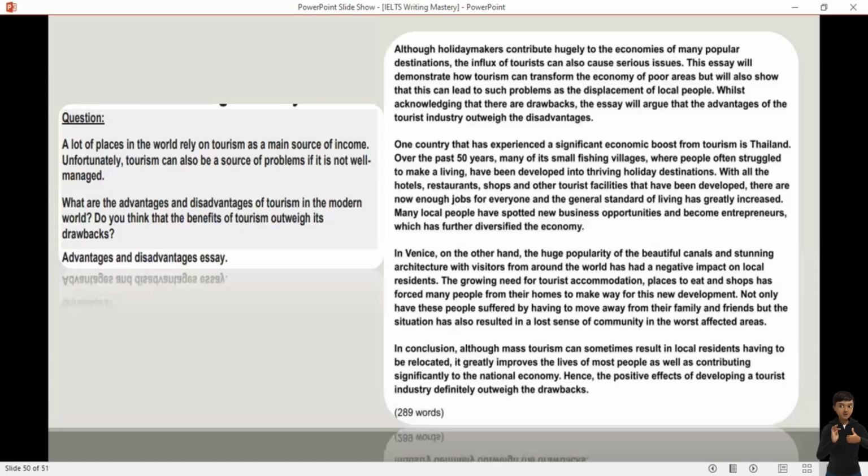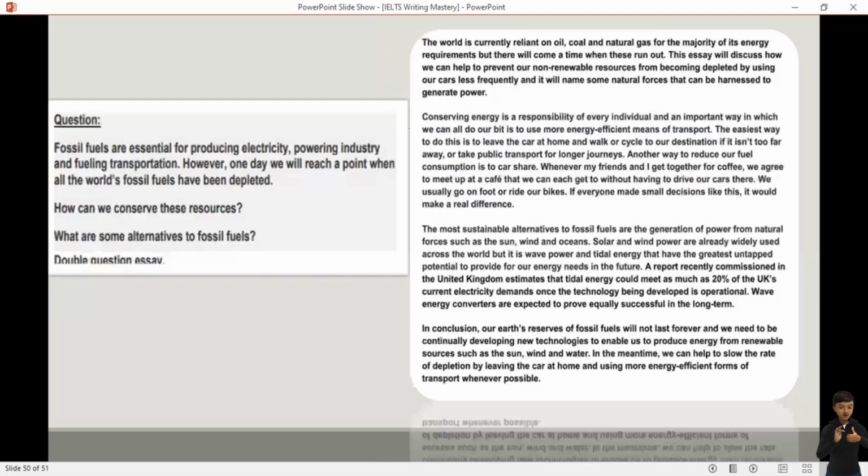So here we have given the conclusion, we have written about both the ideas, and also we have given our own personal opinion as well. So it was advantages, disadvantages, and now we are going to discuss the final type of the essay, that is